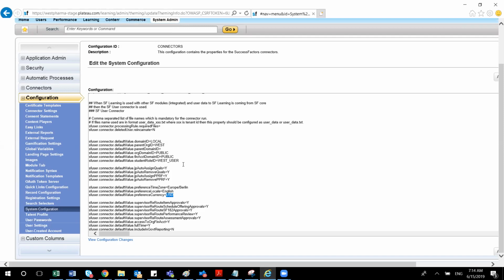It is a one-time activity. Similarly, the time zone. Here it is showing Europe slash Berlin, so the connector will be running in this time zone only. If you want to change it to your time zone, you have to make the changes here.